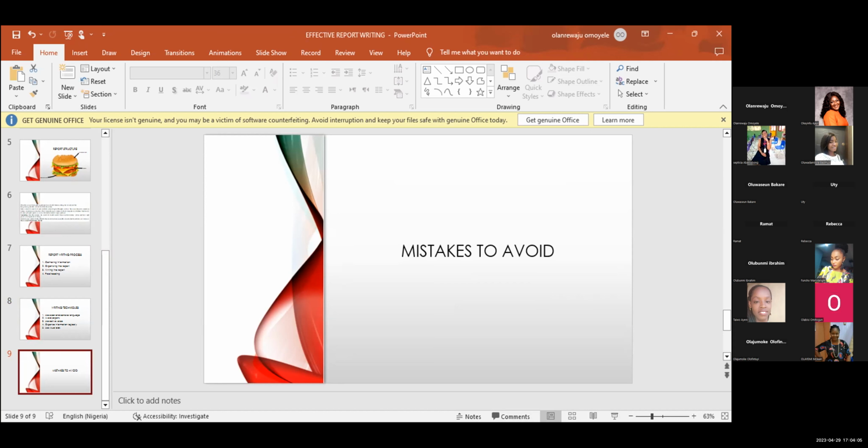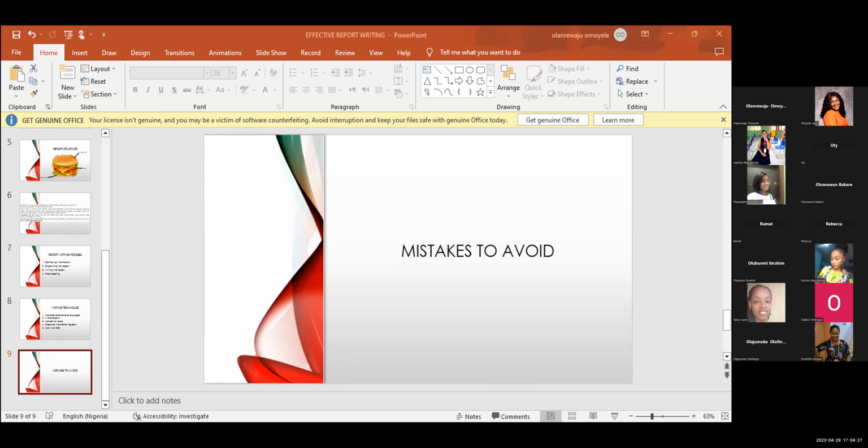Number one, you would avoid unclear language. Avoid use of jargon. It's mostly what we discussed under the techniques.